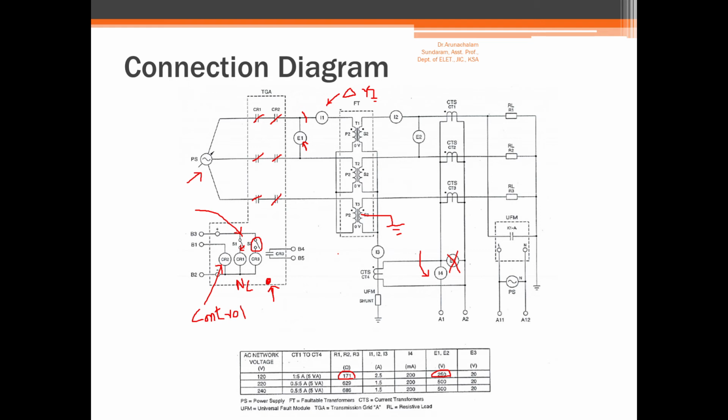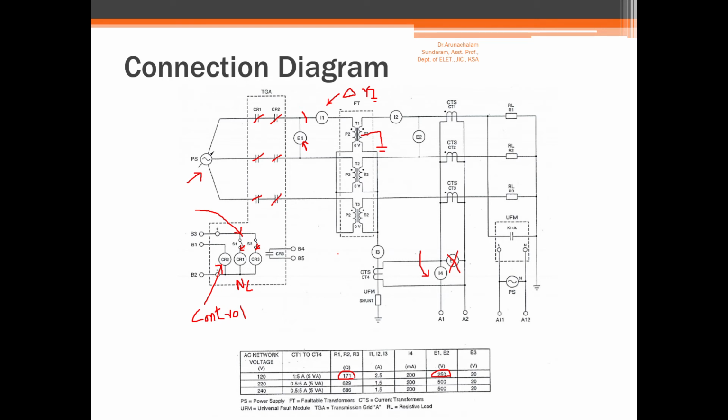In the second part of the experiment, we are going to remove this fault. When you remove this fault, the red color light is gone. Now we are going to close this CR3. If you close this CR3 and create the same fault on the secondary winding, we have to be very careful that we create the fault on